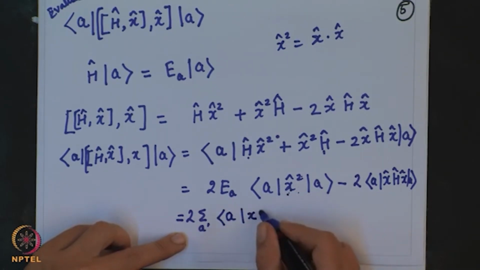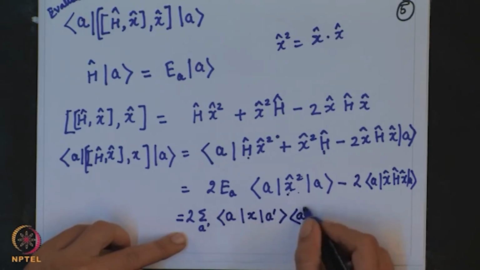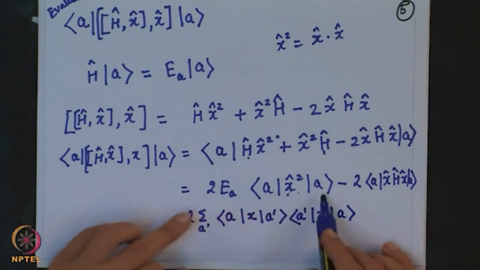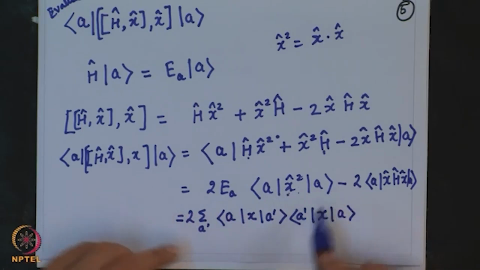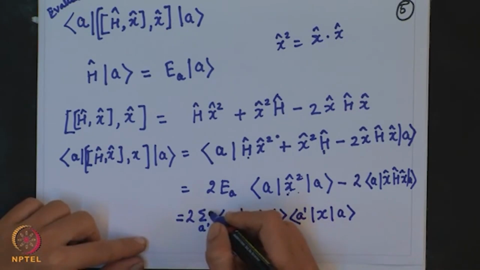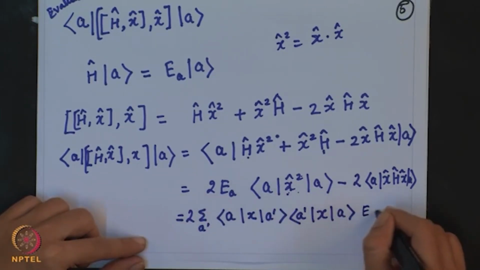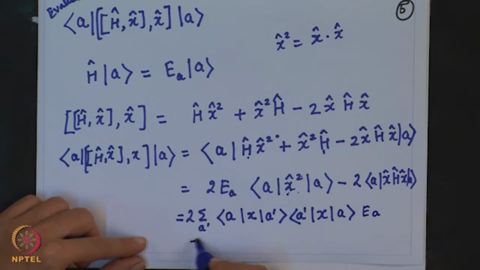So I have <A|x|A'><A'|x|A>. This will be the first term, which will give me this first expression, and I have E_A also. So I will write it here, E_A,